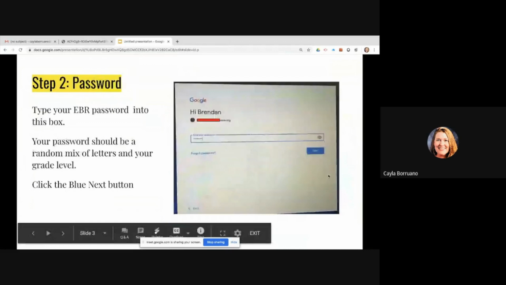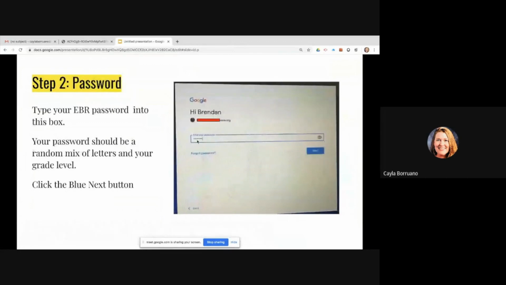Then you're going to put in the password. It is a random set of letters and two numbers to represent your grade level. Your grade level would be like 01 for first grade, 02 for second grade. I don't know what pre-K is. And then the first letter would be capital. Then you're going to hit the next button once you're done with all that, and you should move on to